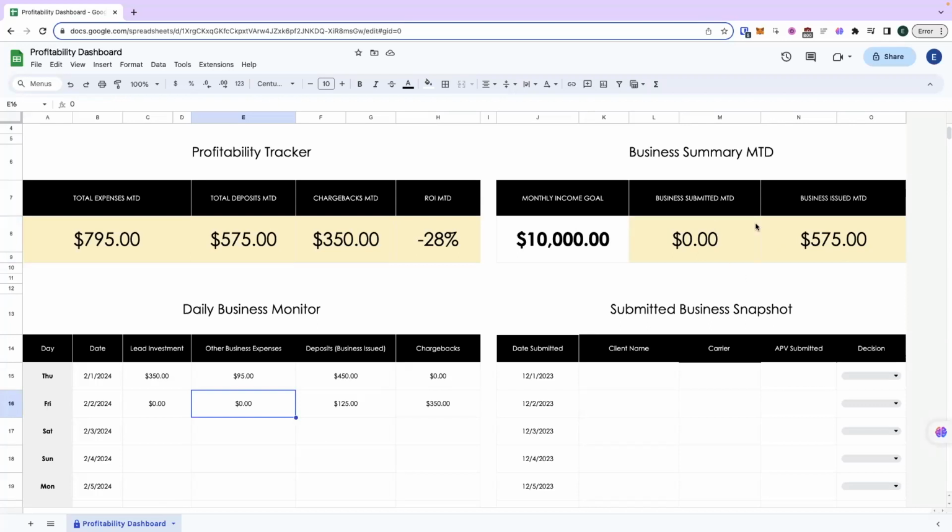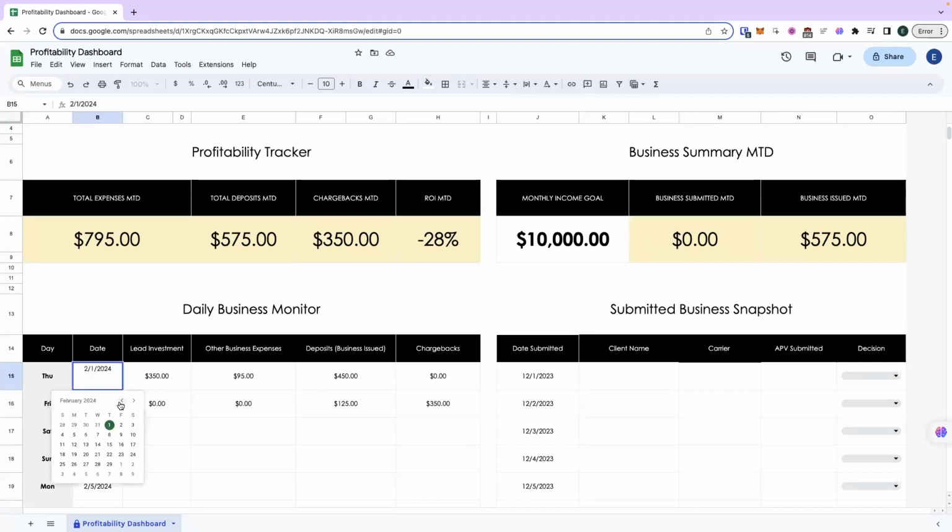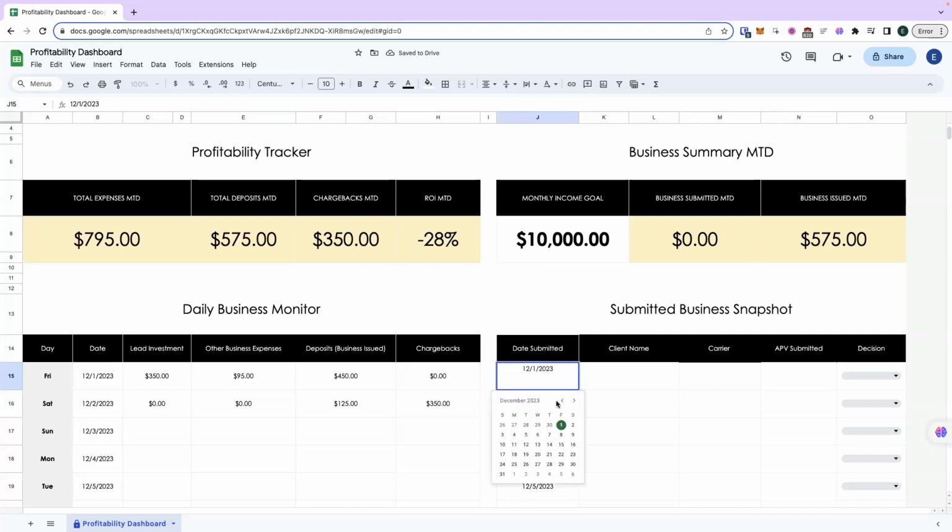Now the business summary. Just to quickly cover it, for both of the date fields, all you've got to do is double tap on the date field and it will update the month for you. Same thing here. Okay, so you don't have to type it in. It'll give you an error message if you do. Okay, and then for the submitted business snapshot,